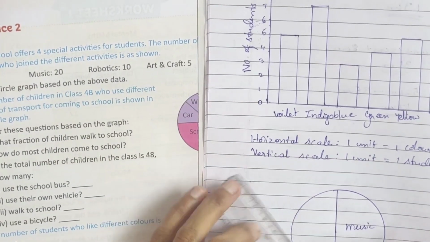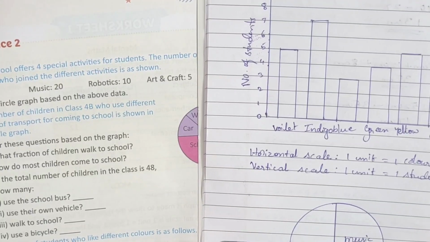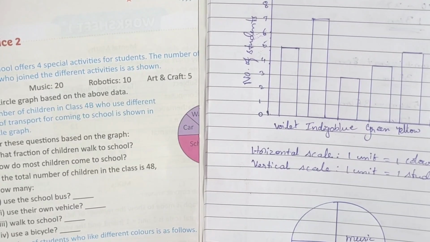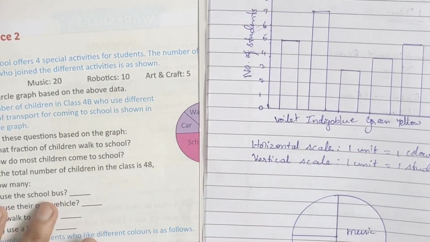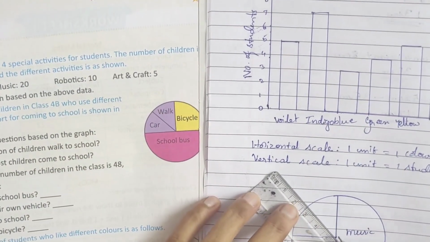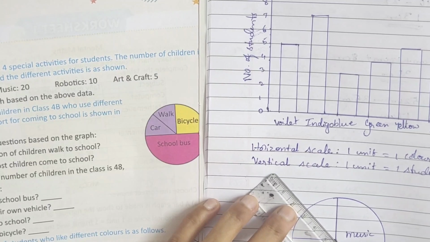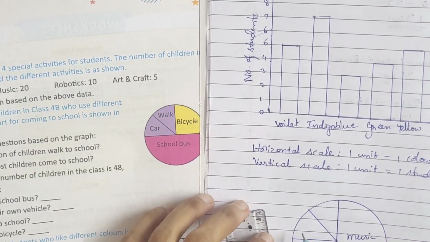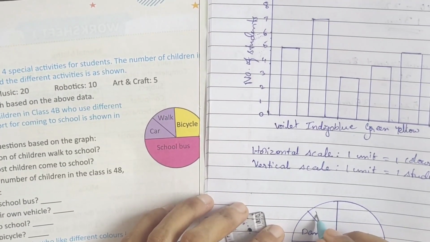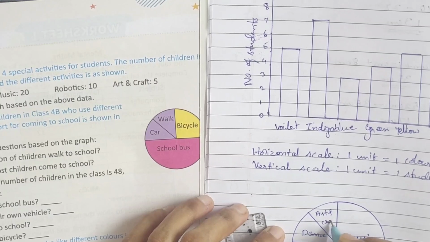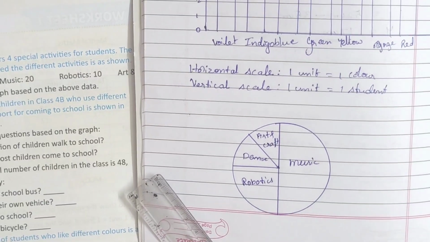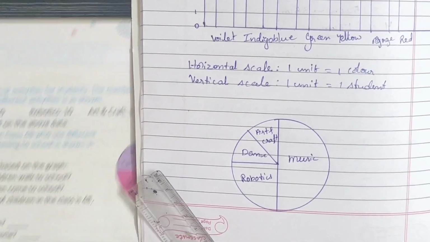Next, robotics. Next, divide this. Dance, art and craft. Understood? Next,